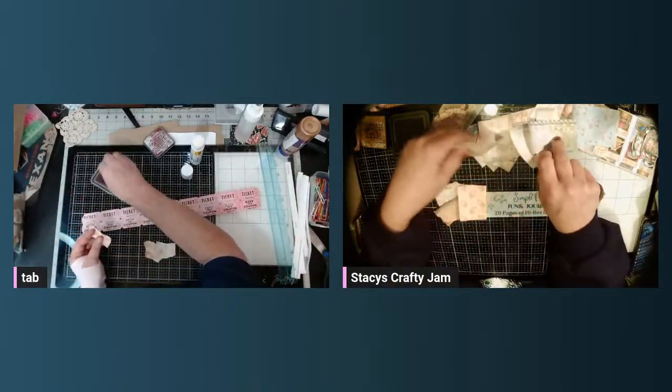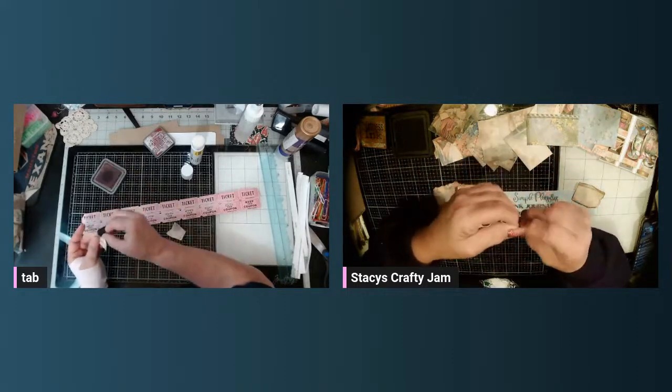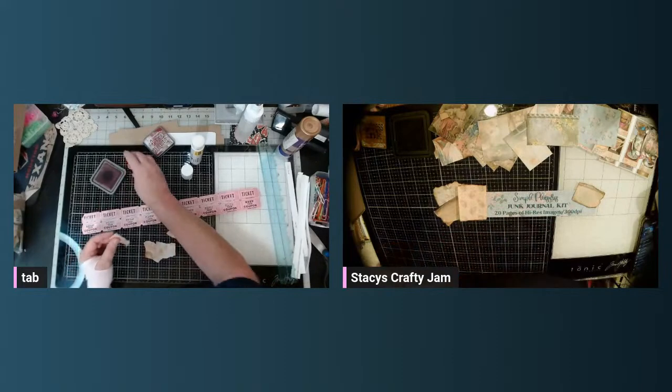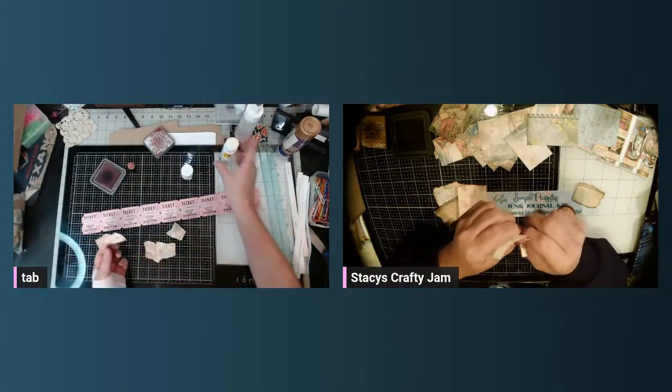Of course, my sewing machine is inoperable right now. If you saw the last live, then you know I was making ruffles with